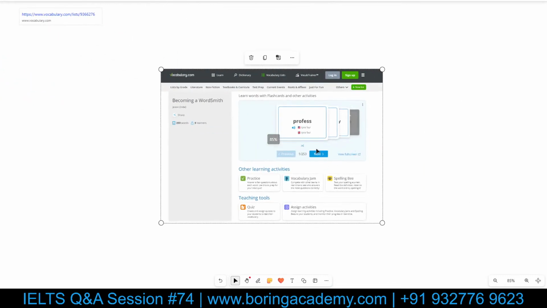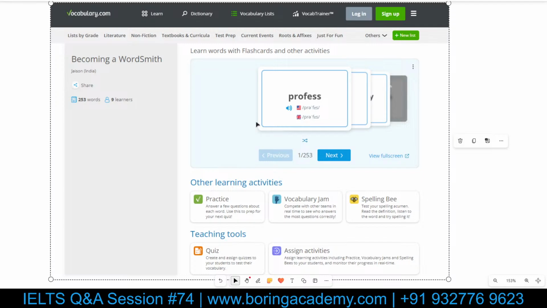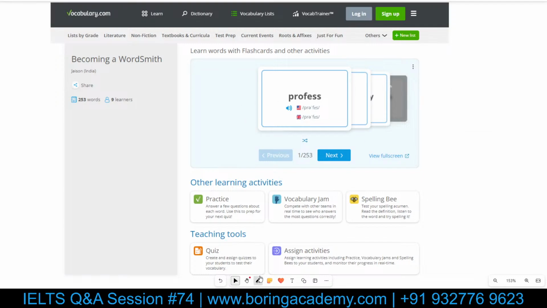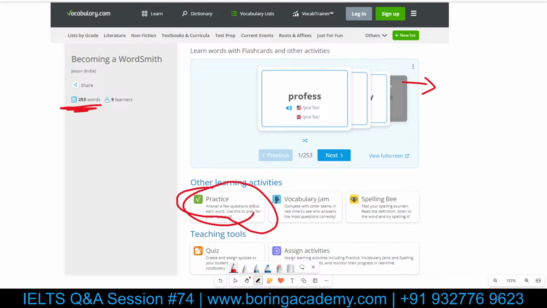Okay, so vocabulary.com, this is how it looks. And if you log in, this is not logged in now, but once you log in, you should be able to see that this is bookmarked. And once you bookmark it, you should be able to access all the lists and all the 253 words that I've added so far. What we want to do is, you should be clicking on practice every day